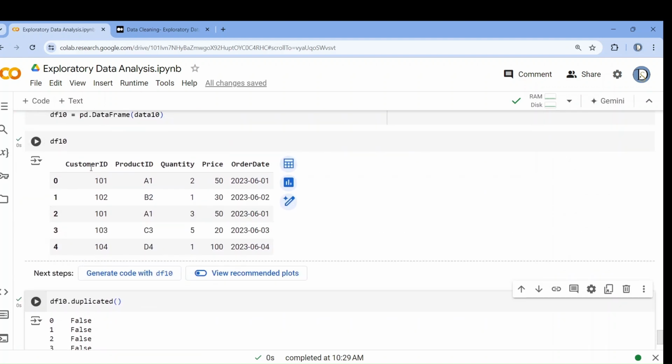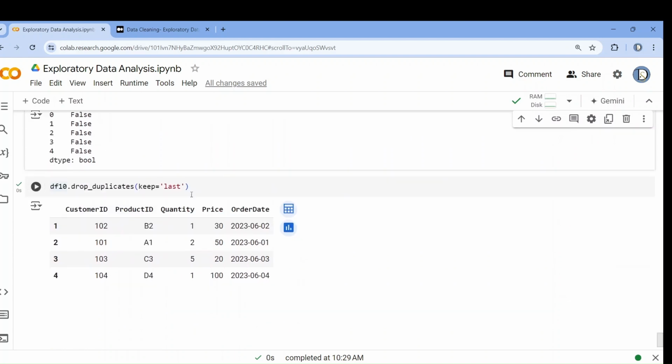But I want that please ignore the quantity. If the values are same for customer ID, product ID, price, order date, if the values are same for these columns, then treat it as duplicates and delete it. Ignore the quantity column, due to any reason. So for that scenario, I have to write,